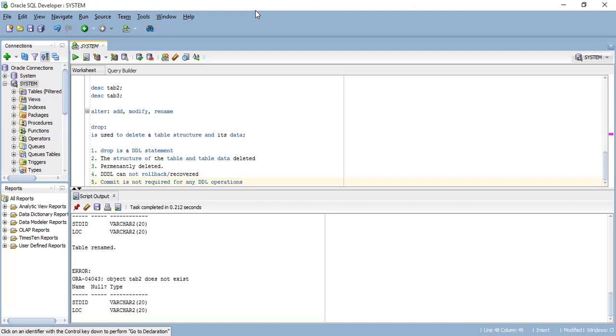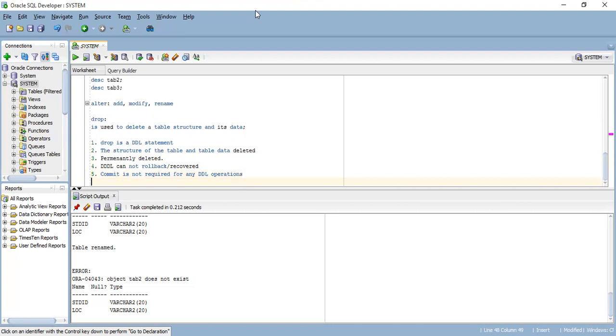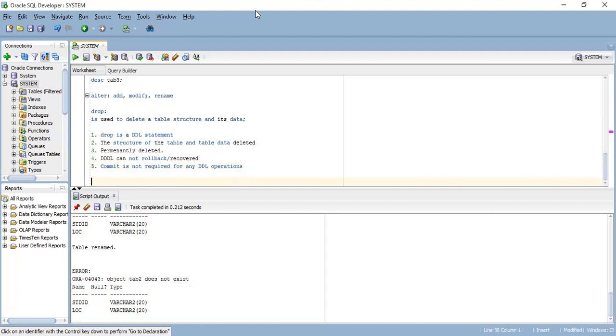You cannot roll back the data. That's why you lose the entire data contained. That's why whenever you use this drop, you have to think about the table beforehand. So that's a very serious command. And that's why, from this drop command,